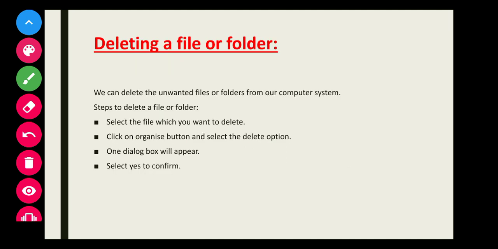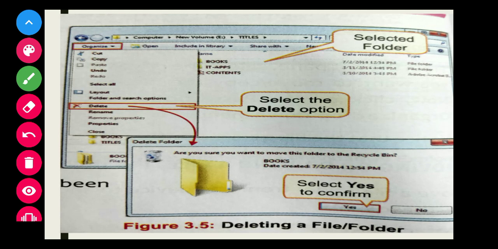Now next topic is deleting a file or folder. We can delete the unwanted files or folders from our computer system. Now what are the steps that we are going to follow to delete a file or folder? First of all, you will select a file, whichever file you want to delete. After selecting, on the upper left hand side you will get the option organize. So click on this